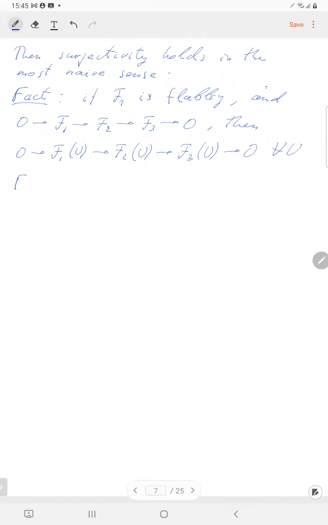And is the converse true? Pardon me? Is the converse correct? I don't quite understand what could be a converse statement, but maybe let me formulate. If there is an exact lower sequence, then there is an exact upper sequence. Yeah, that's for sure, but somehow that's